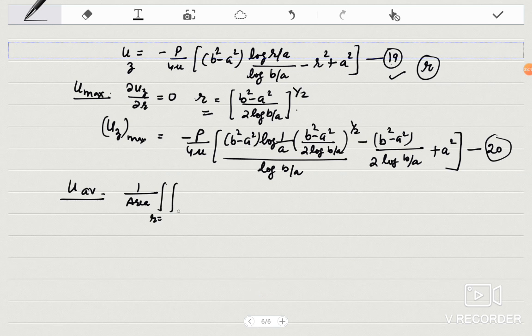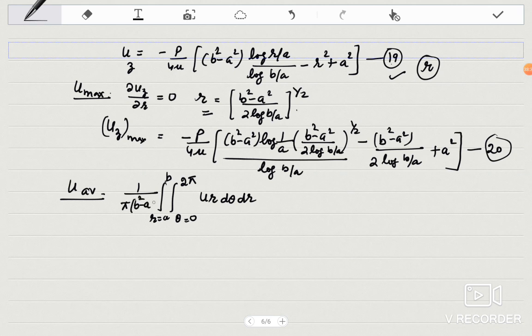So limits of r and limits of theta, and here it was u_r dθ dr. Now what are the limits of theta? Same, theta will go from 0 to 2π. And what will be the limits of r? It will be from a to b. And what will be this area? This area will be π